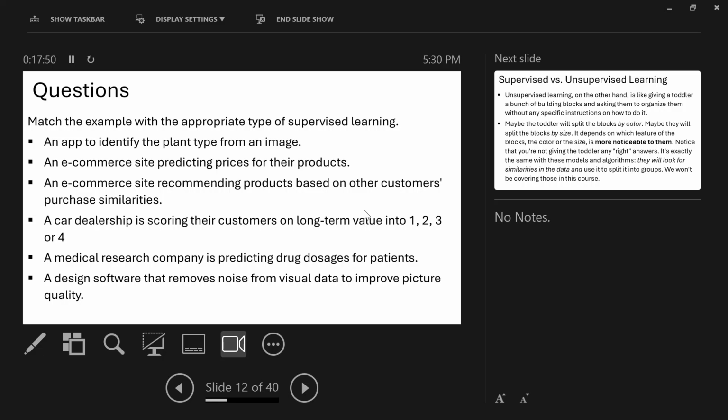That regression was really low. Who thinks this is classification? Okay, so the last one: a design software that removes noise from visual data to improve picture quality. Classification or regression? Why is it regression?